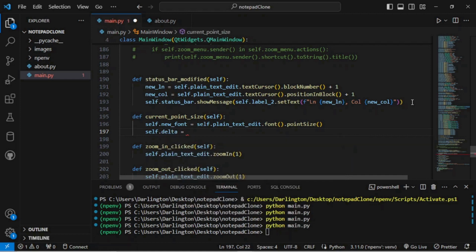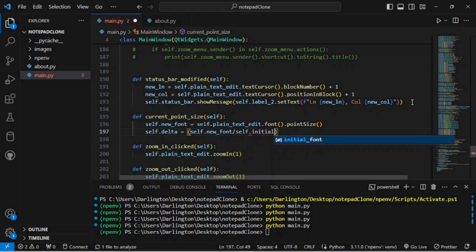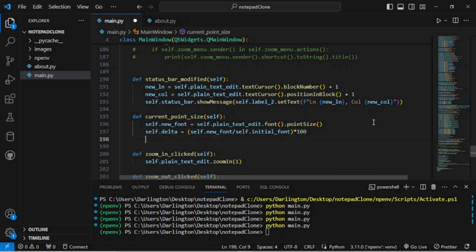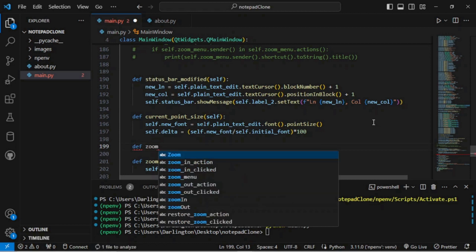Okay, and for the change in the point size, we want to say self dot delta is equal to self dot new font over self dot initial font times 100. Okay, so that'll be the change in the point size. Okay, the percentage change. Okay, so next thing we're going to do is create another method, and we'll say def